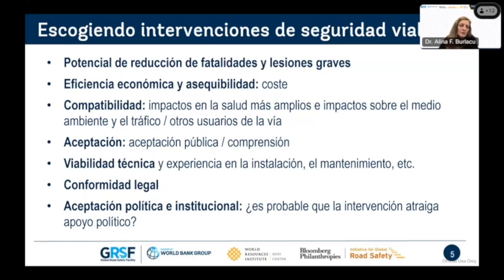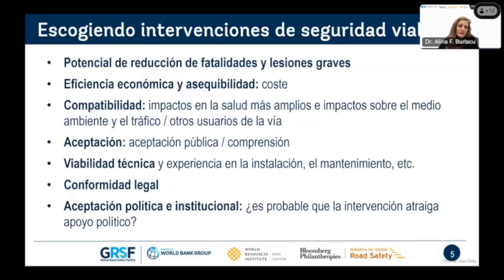At the same time, a very important criteria for a road safety intervention, speed management intervention, is also on acceptability and how well road users or residents in that area where the intervention is being implemented are aware of the intervention, on how to use the road and how will they accept it.